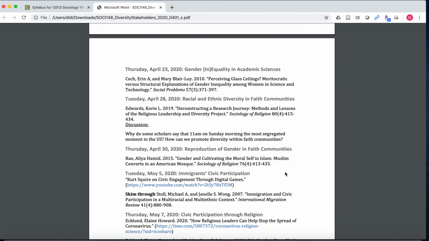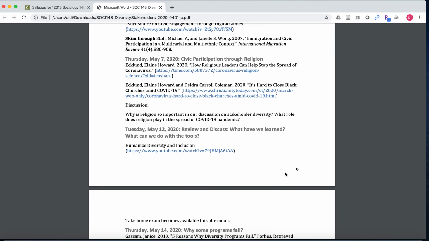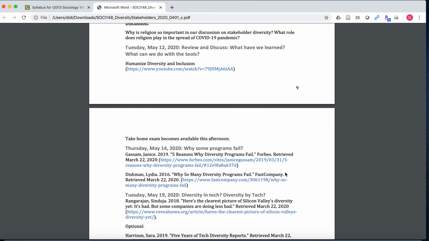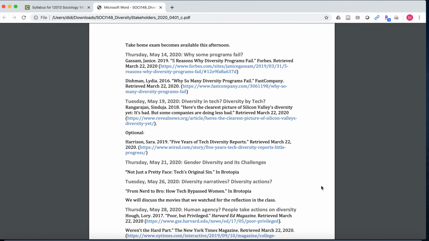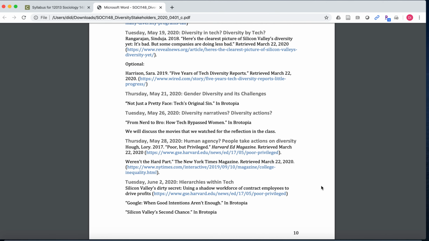And after the midterm exams, starting from the second half of the quarter, most of the readings will be non-academic. These are highly accessible readings, and sometimes I also assign videos to just give us an idea of the things that are happening about diversity or lack thereof in organizational settings. As I mentioned before, we will read multiple chapters from this book, Brotopia, to understand the diversity-related issues within tech companies. So, broadly speaking, this is my rationale for structuring the course in this way,